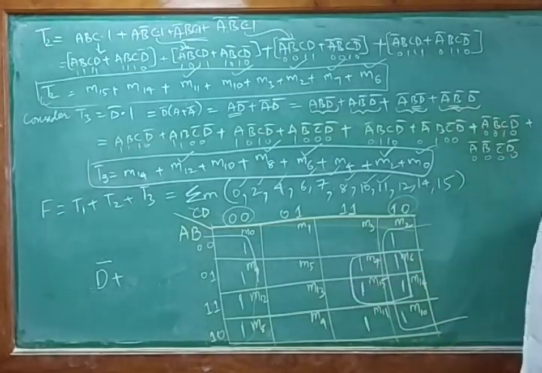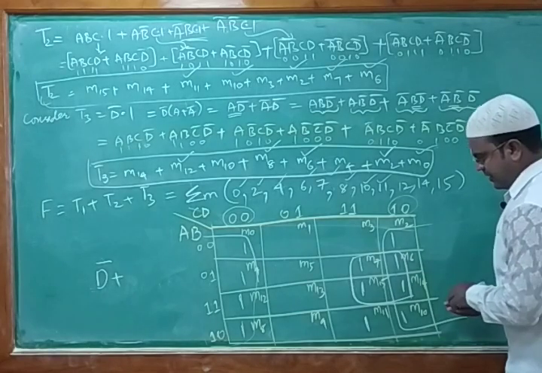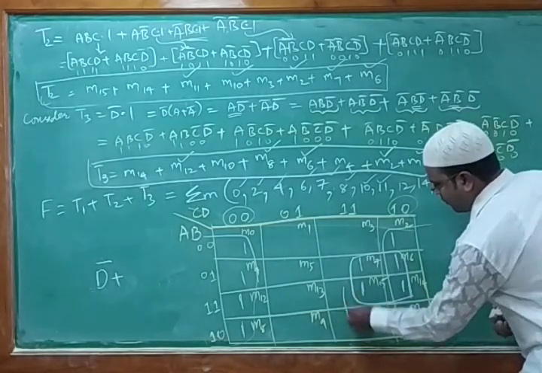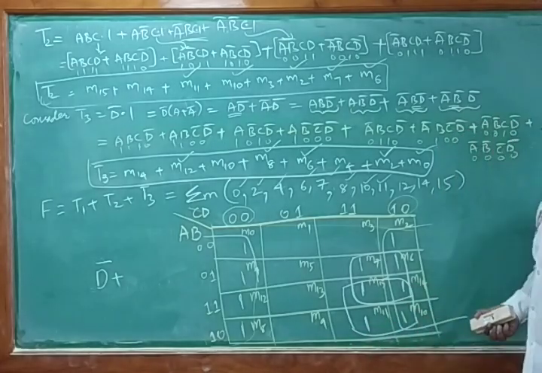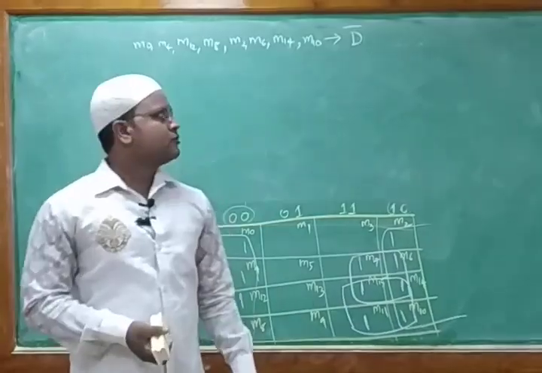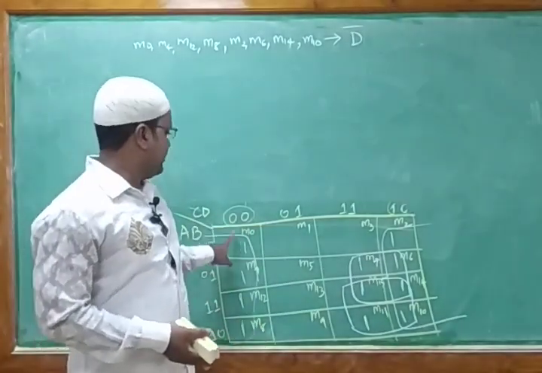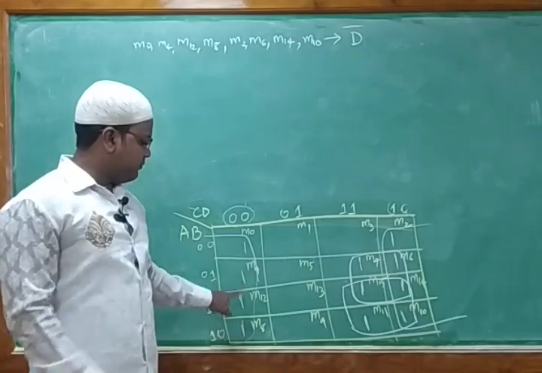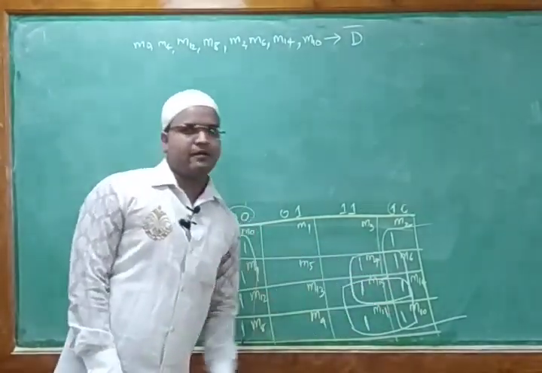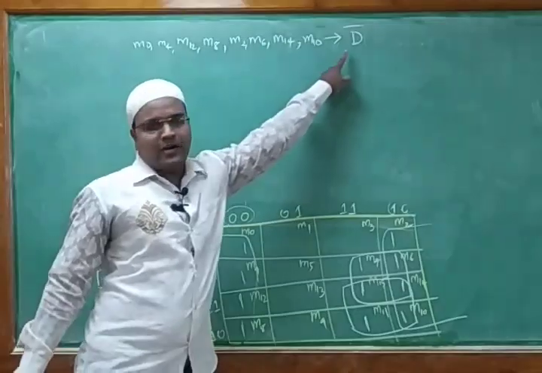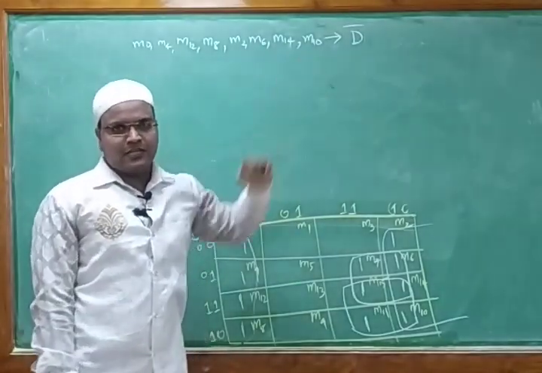I can combine like this 4 ones, and again I can combine this 4 ones. So I'll write that respective term. Yes, students, so we do have this all. We took this first column M0, M4, M12, M8 and M2, M6, M14, M10. By taking these all, what did we get? We got D bar. Clear? So we got the D bar value.